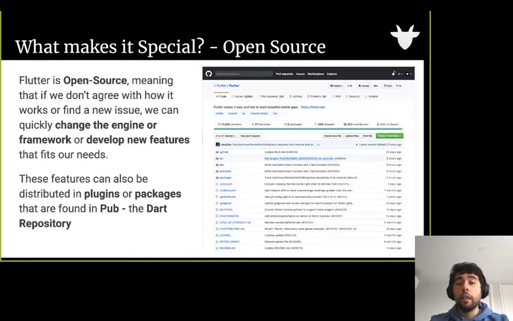So, another thing about it is that it's open source. This means that if you have a specific problem in the way that it renders, for example, in a Xiaomi device, or you see that it doesn't implement correctly some widgets or have some catastrophic error, you can report it here. Or if you dare to do it, you can also try to create a pull request and propose a new change for the Flutter engine or the Flutter framework.